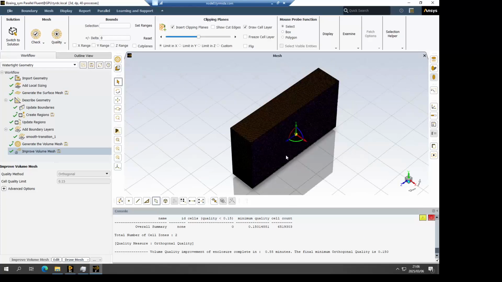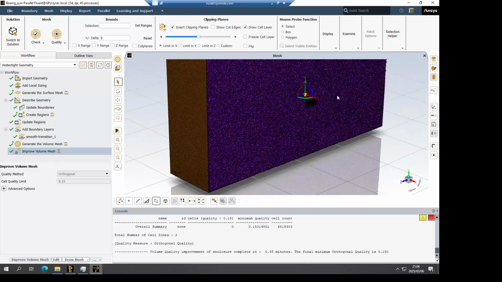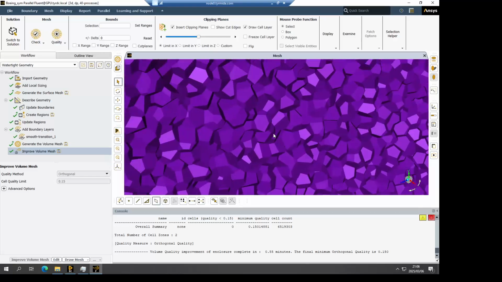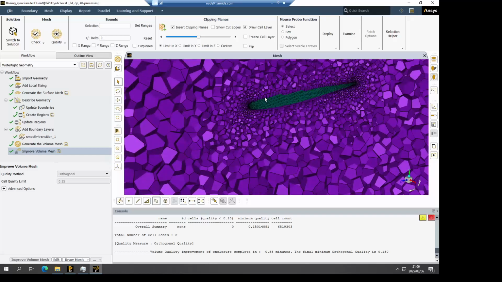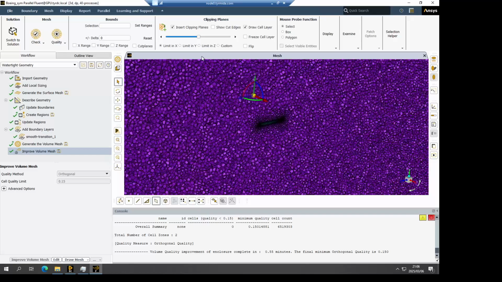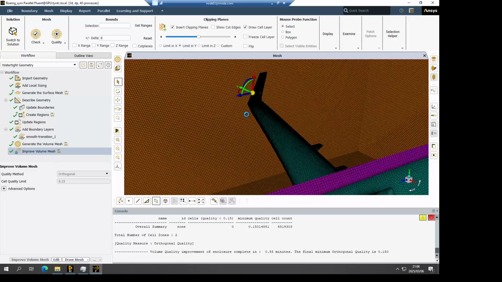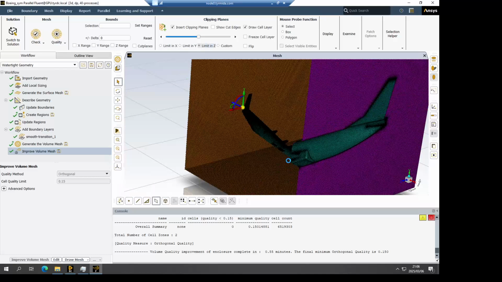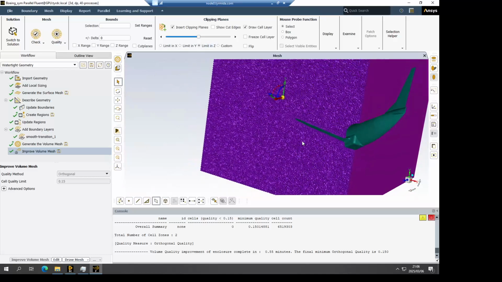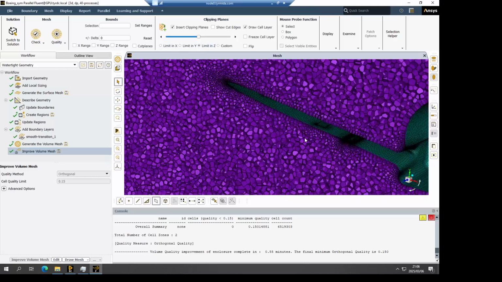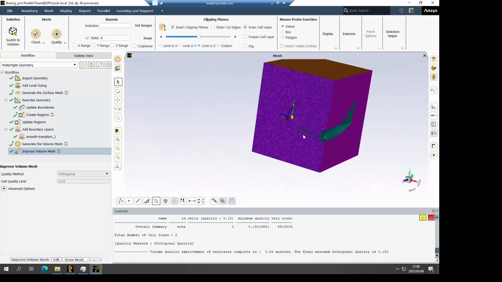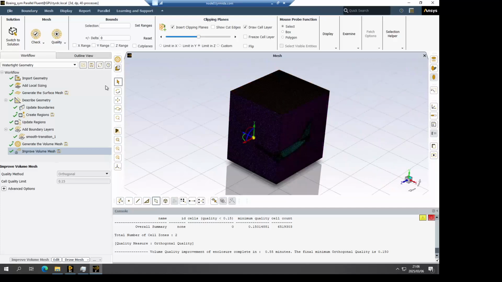We can now actually have a look at the mesh and see it's relatively fine. You can see there around the aerofoil, you can see our inflation layer that we have there. You can also clip it in the other direction. You can see what the geometry around the wing looks like. Okay, if I'm happy with that, then I'm going to save my mesh.